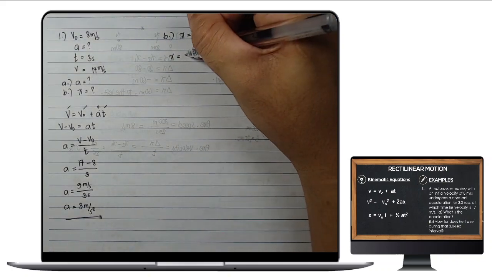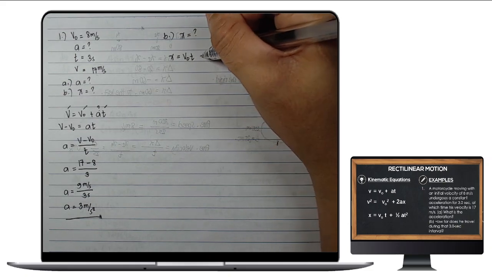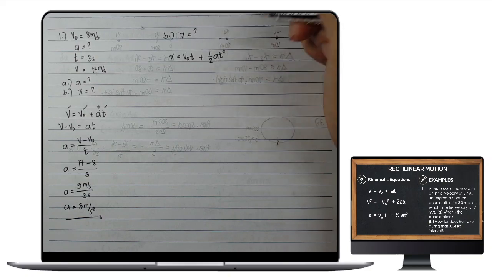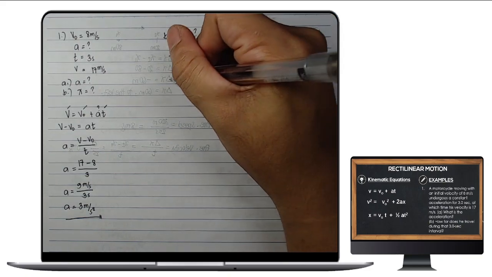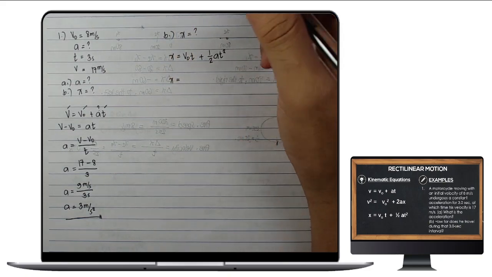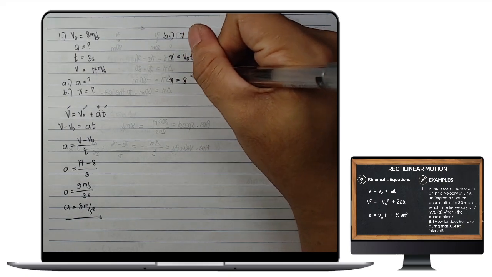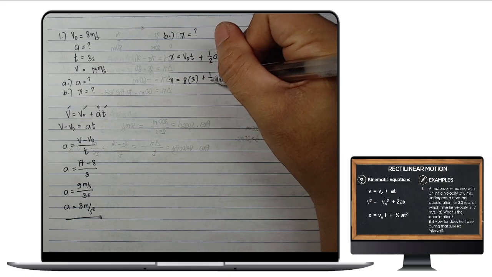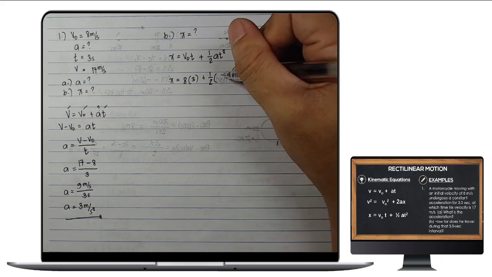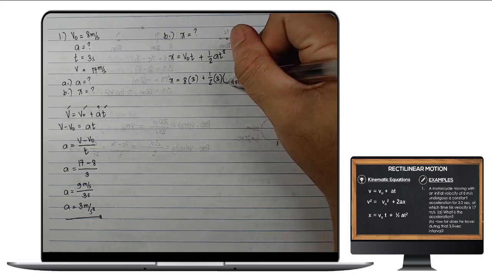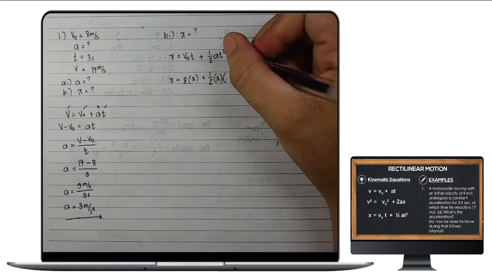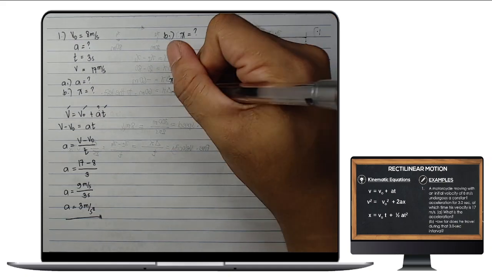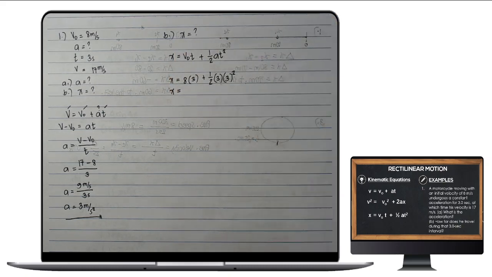So the third formula, we have x is equal to v0t plus 1 half at square. So substitute lang natin. X is equal to v0, v0 natin is 8 meter per second times t, which is 3, plus 1 half. Acceleration natin is 3 meter per second square. And t being square natin, so that is 3 seconds being squared. So x natin is,